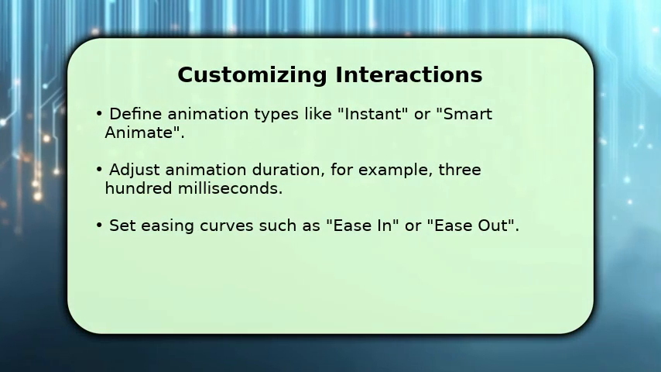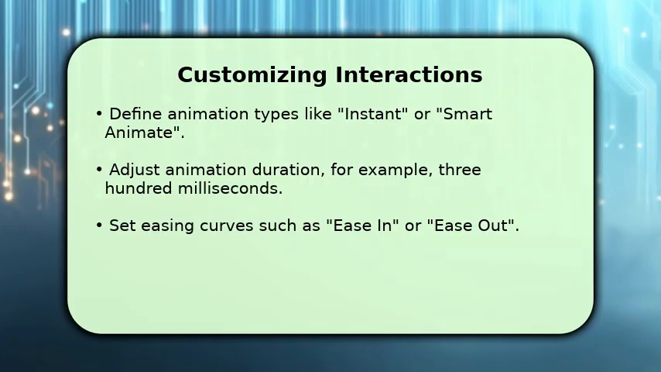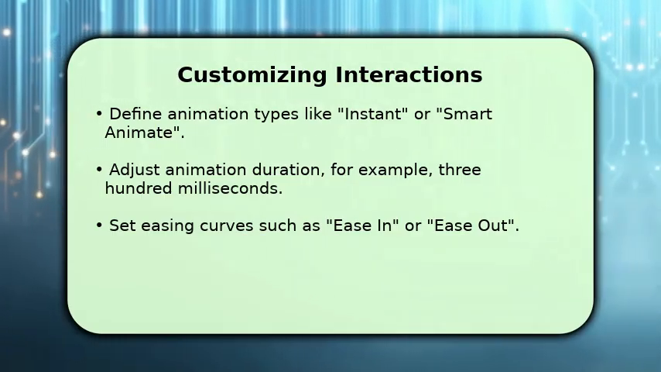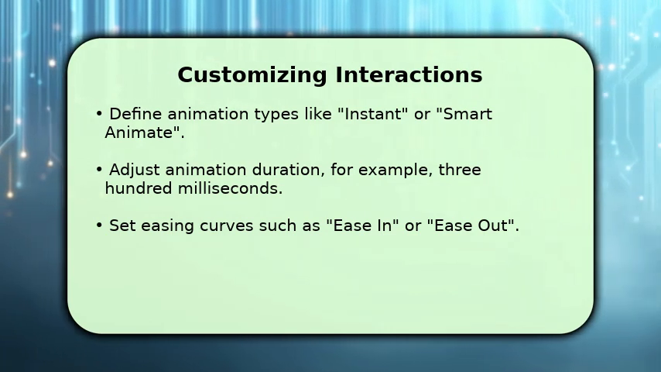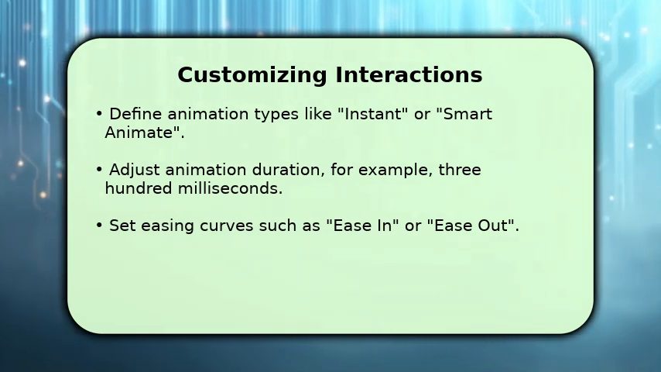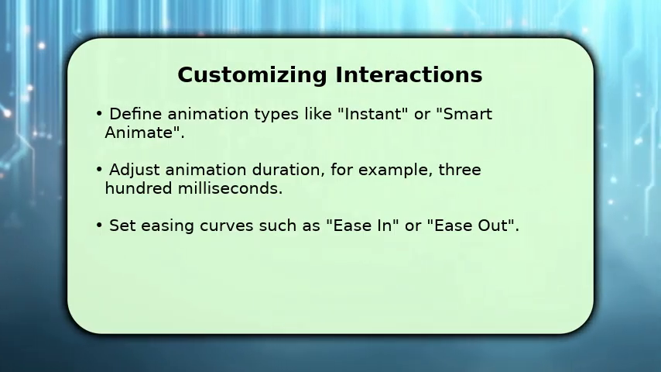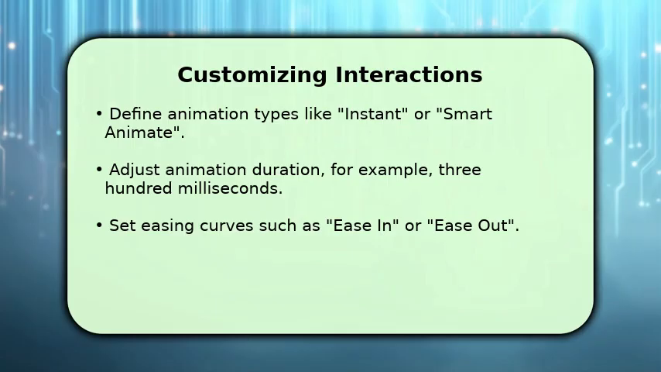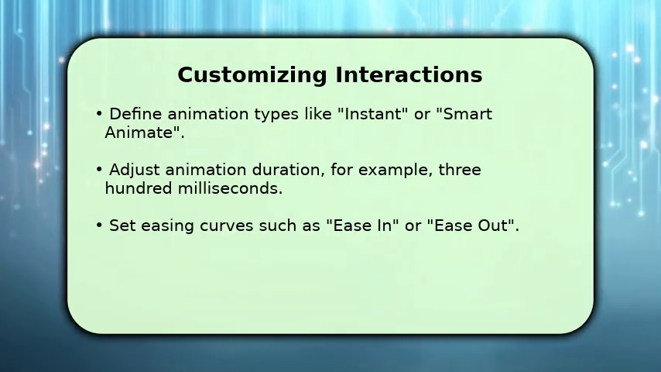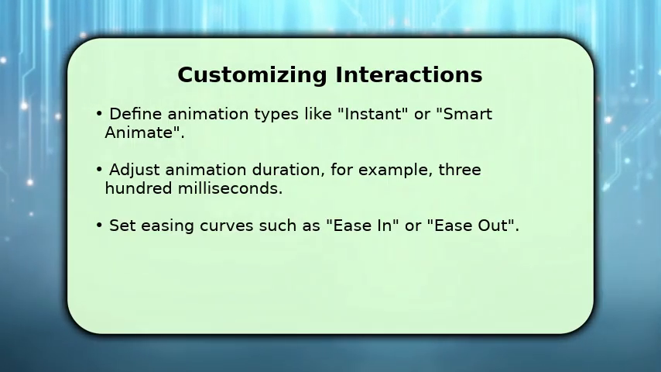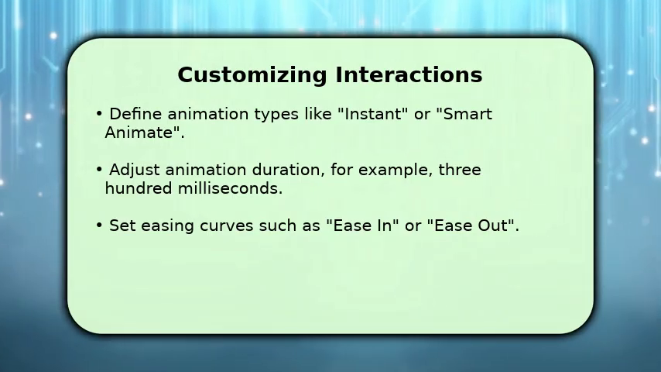Now, let's refine those interactions for a polished feel. You can define various animation types, from an immediate instant change to a smooth, smart animate transition. Adjust the animation duration to control the speed. For instance, setting it to 300 milliseconds provides a quick, crisp effect. Experiment with easing curves like ease in or ease out to give your animations a natural, fluid motion, enhancing the